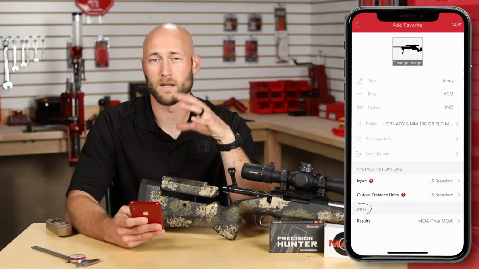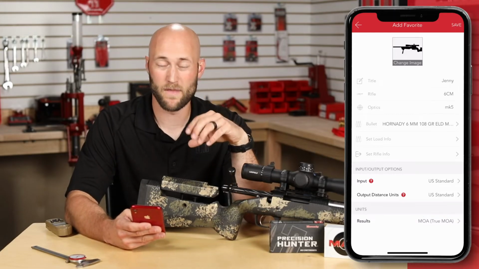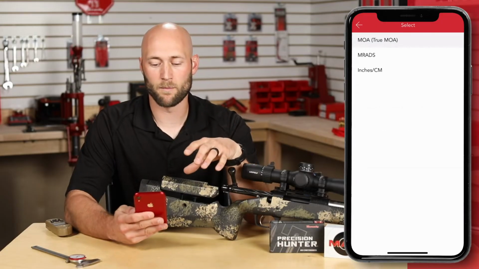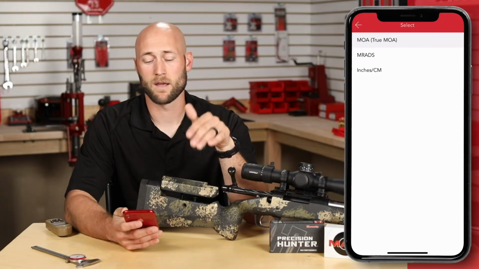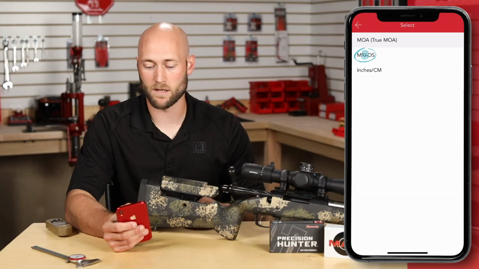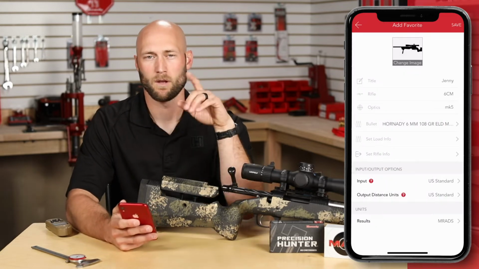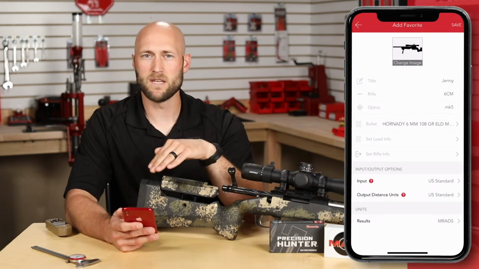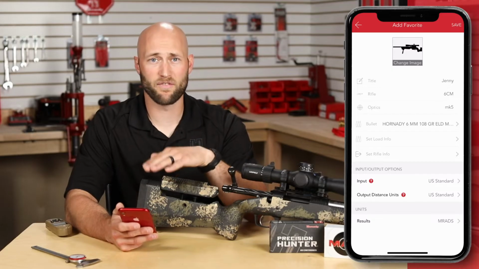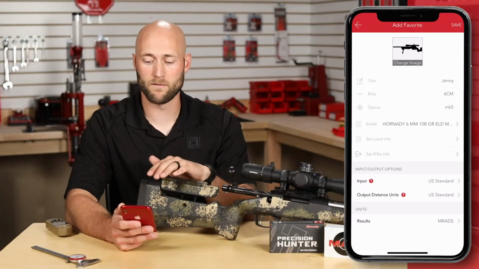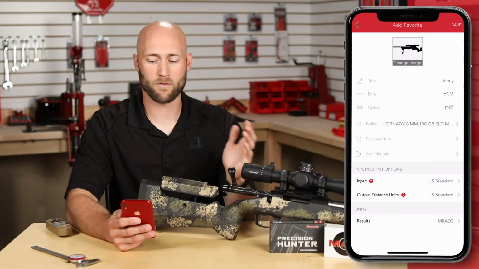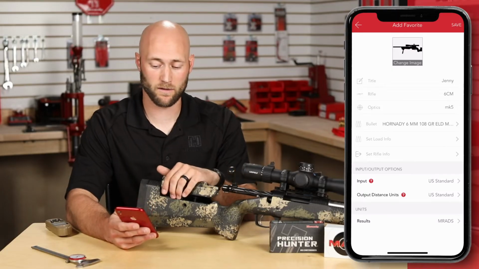The units standard default is MOA, and that's true minute of angle. And you can select between that, MRAD, and inches or centimeters. And in this case, this is a milliradian scope. Important to note is that these are now the universal favorite for this profile. And then if you save this profile and go out and come back in, it will always reflect what you